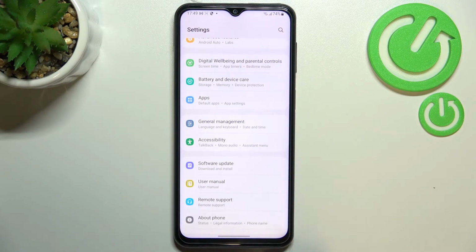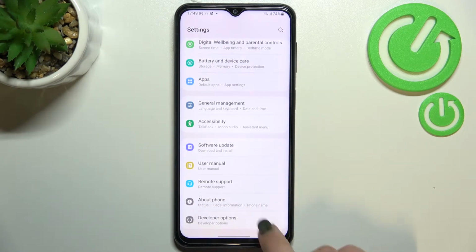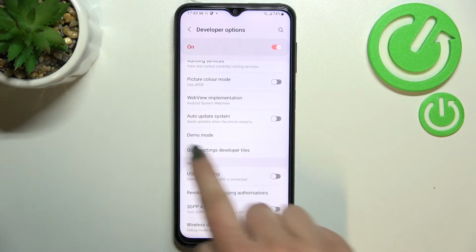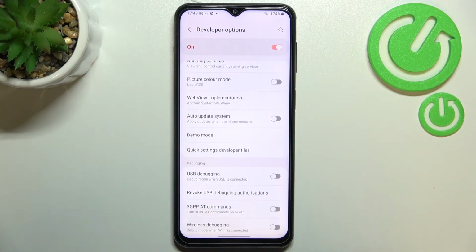And now we can go back to the general settings and scroll down again. Now let's enter developer options, and all we have to do right now is to simply find the auto update system option, which is right now in my case turned off. So in order to turn it on, just tap on the switcher, and from this moment this option is active,